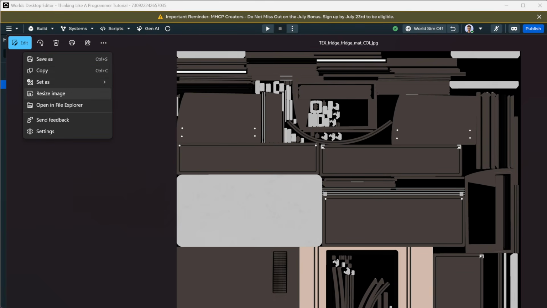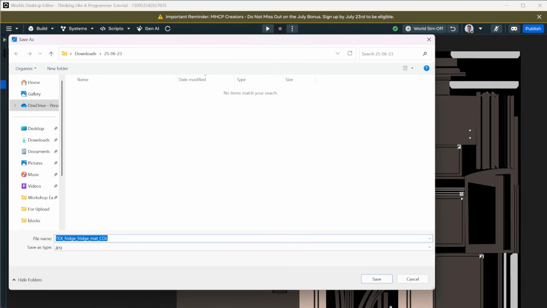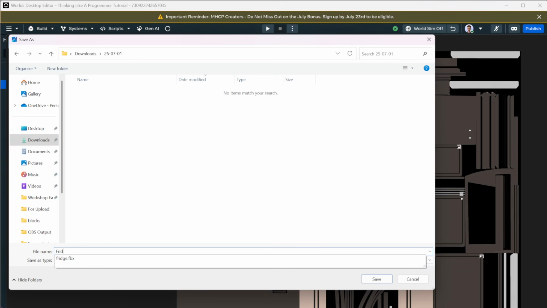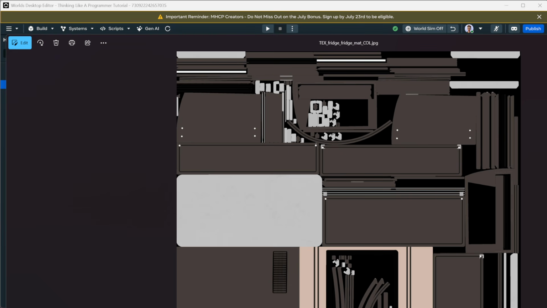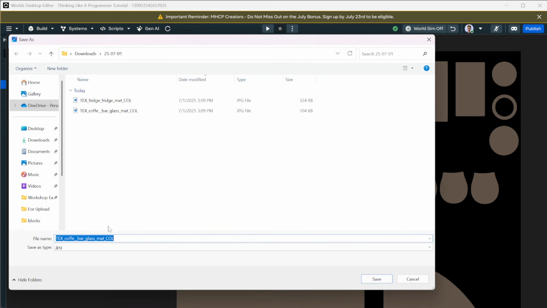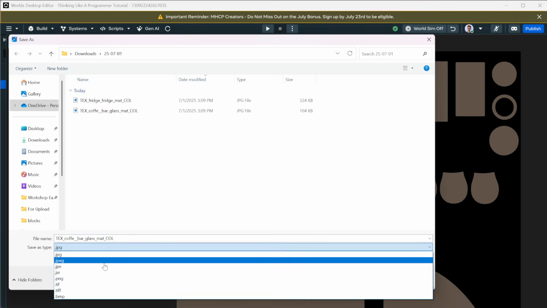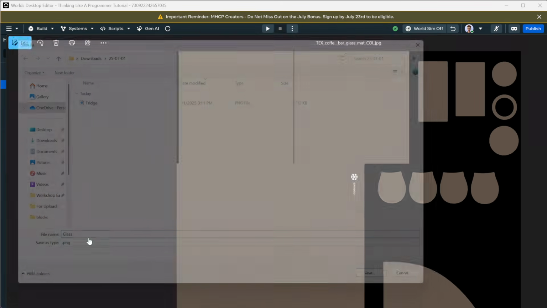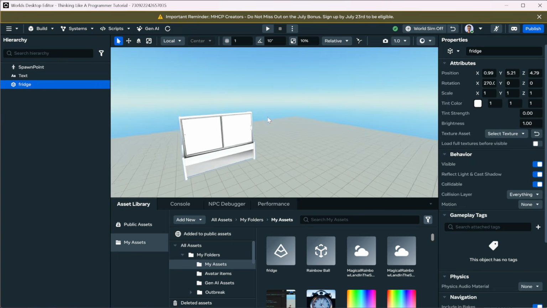So we'll click Save As, to Downloads, to here, change it to a PNG, and this is the fridge. Okay. And then we need the secondary one, which is the glass. We'll click 3 dots, Save As, same folder, save it as a PNG, and then change it to glass. There we go, nice. All right, so now that we have those, when we come into Horizon, we can now